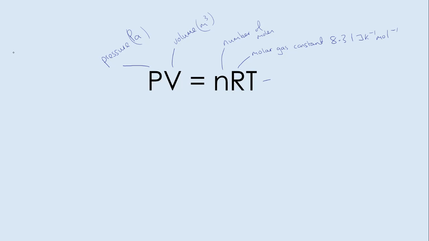And the T is temperature, and that's in Kelvin. So we need to worry about two things here. Firstly, we need to be able to rearrange it. So PV equals nRT. We need to be able to rearrange that to give V is nRT over P, or we can have n equals PV over RT, or we can have T equals PV over nR. You won't be asked to rearrange it for R because that's the gas constant, but if you were, that would be PV over